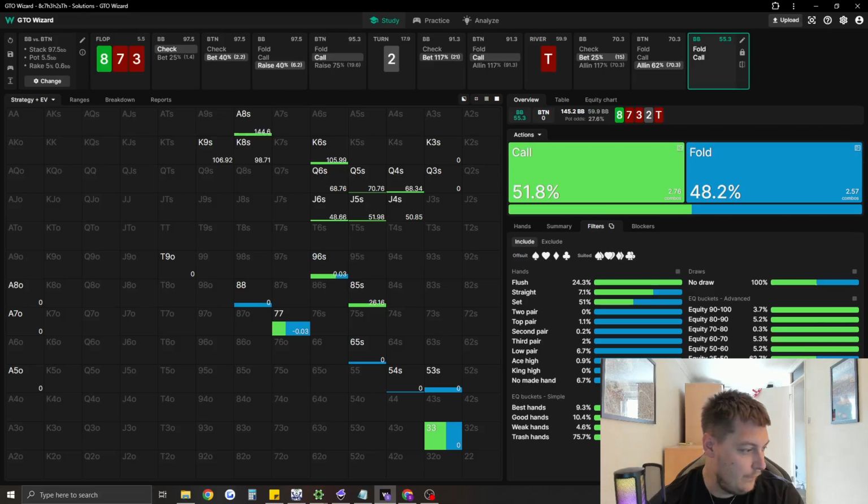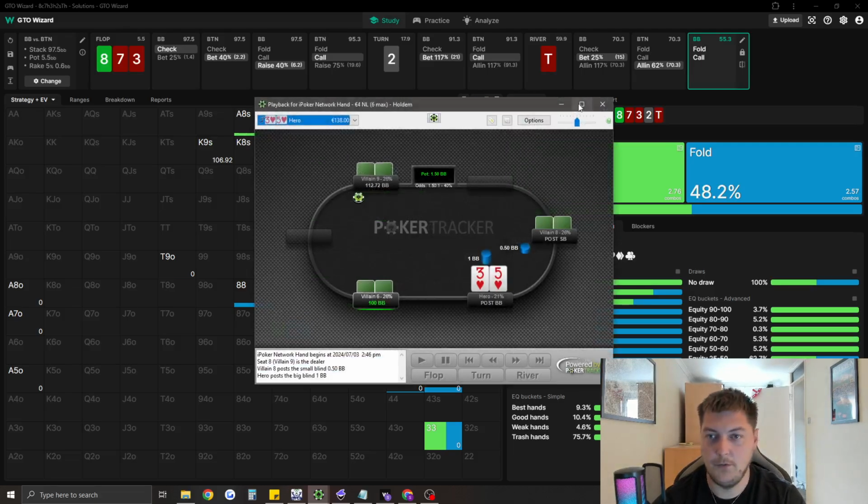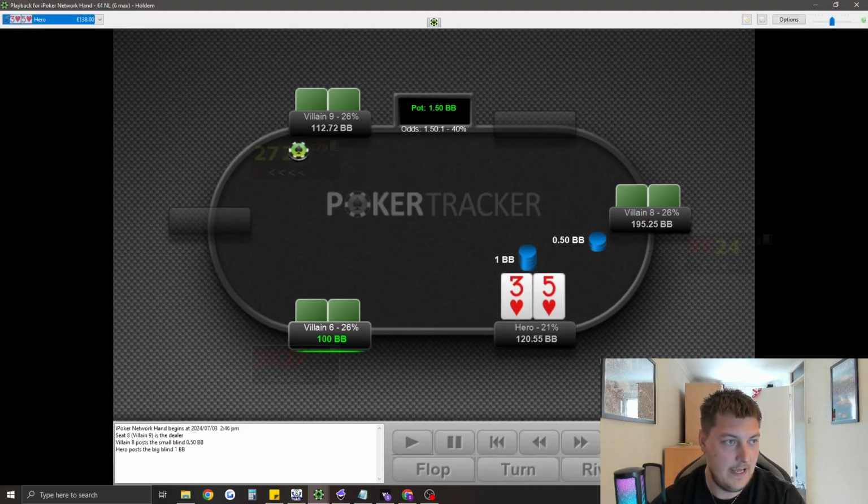Right, how long have we done? 34 minutes. Let's do another. Okay, that's a very fun hand. So this hand, again, played at 400 NL on iPoker